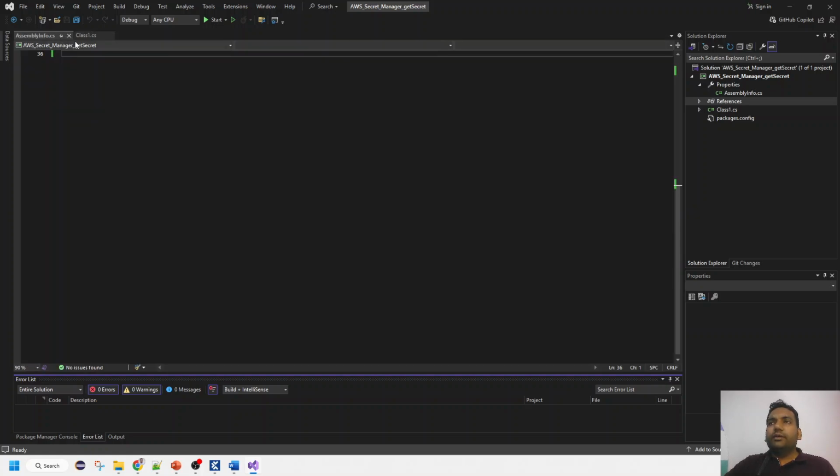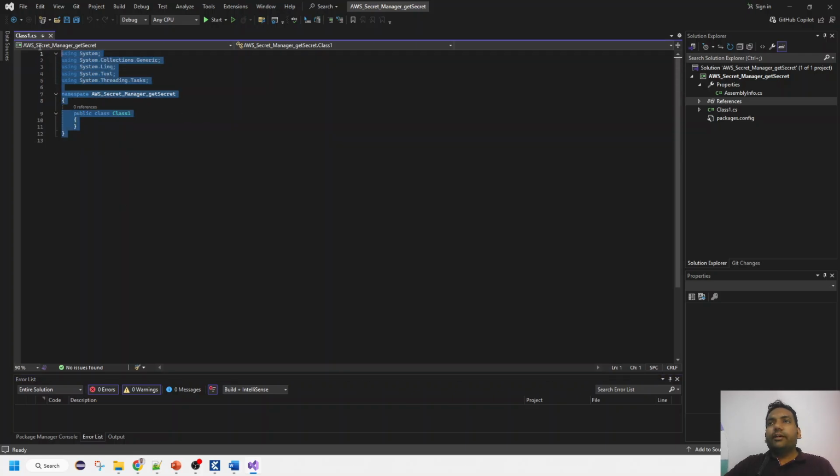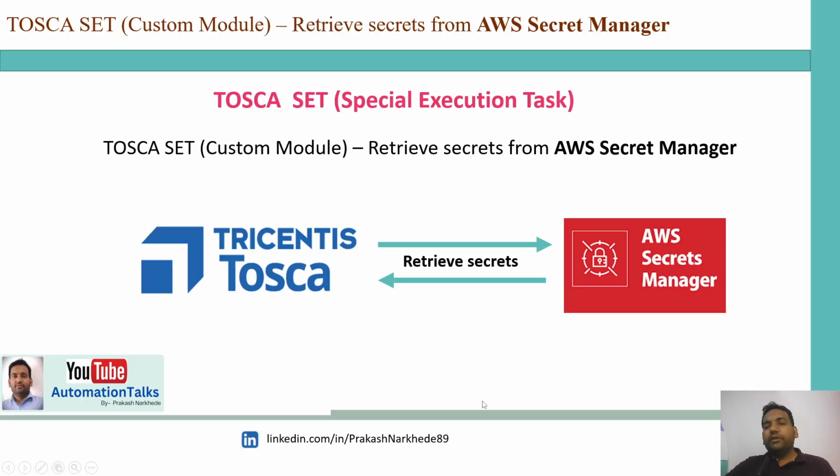So we have added the assembly info, where we have added the engine ID, we have added the DLLs, we have added the references basically, and we should be good to start writing our code here. Okay, so I'm going to stop this video here. Probably I'll continue in the next video, where I'll have the code, I'll explain the code line by line, and then we'll build the DLL file of it, and then put it under